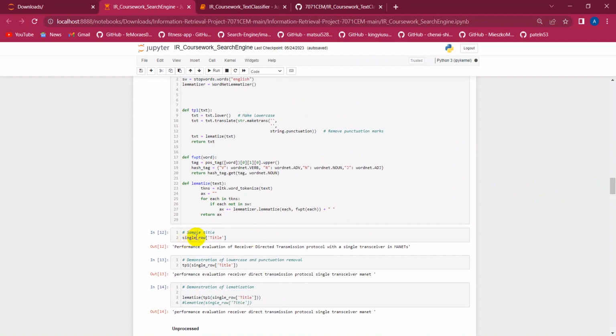As you can see, this is a single row title, a sample title, and the word performance is capitalized. After performing all the pre-processing steps, all the uppercase characters were converted into lowercase, and all the punctuation was also removed. As you can see, this was a punctuation error, and we have also fixed that. And in the lemmatization